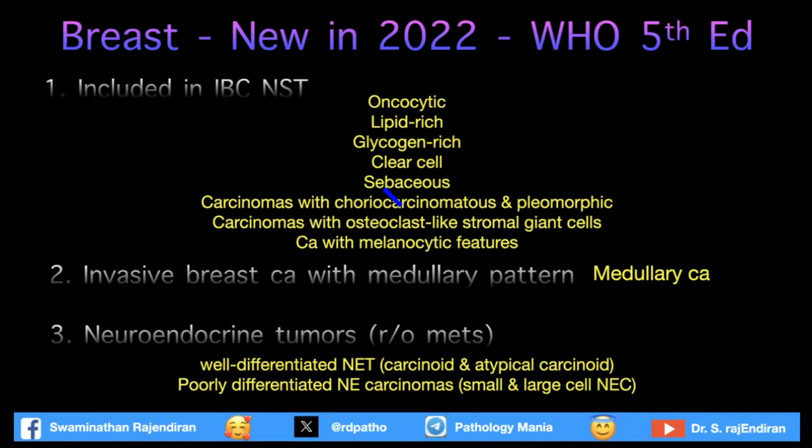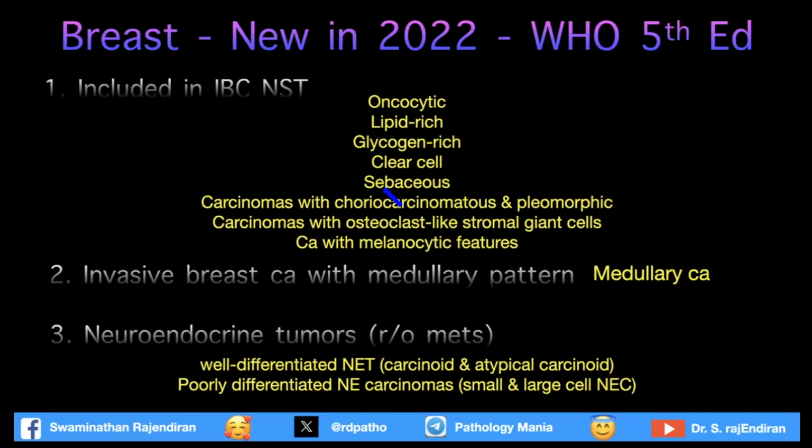You all know we should not call it infiltrating ductal carcinoma. So it is infiltrating breast carcinoma. Oncocytic, lipid-rich, glycogen-rich, clear cell, sebaceous, choriocarcinomatous, and pleomorphic subtypes. Carcinomas with osteoclast-like stromal giant cells, and carcinoma with melanocytic features, they are all included in